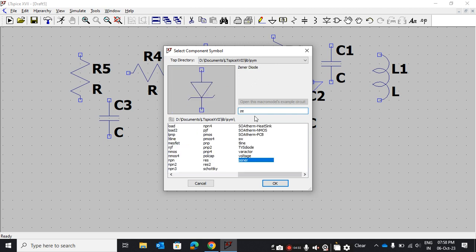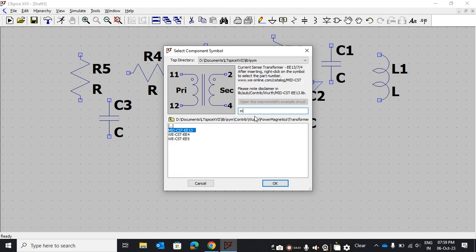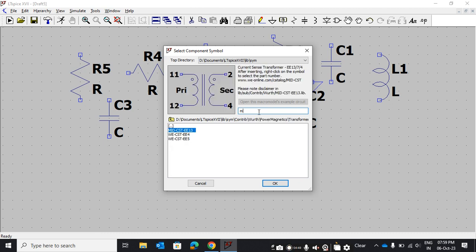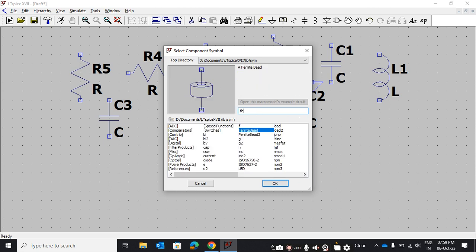It will show in short form also if you only write Zin. And if you want a MOSFET, write MOS. It is not showing. If you write FET, okay.